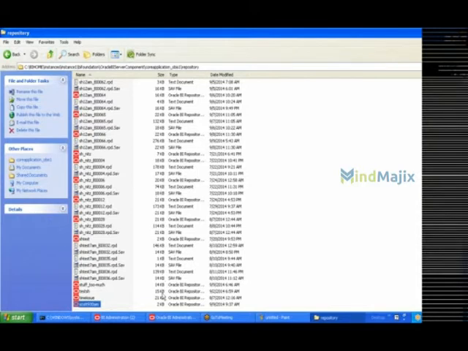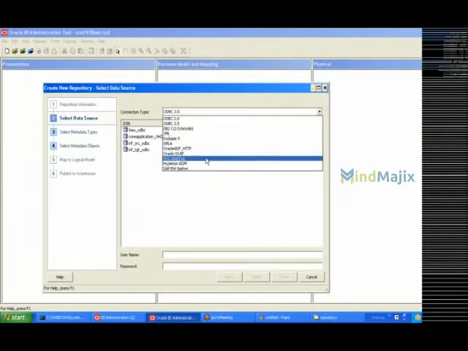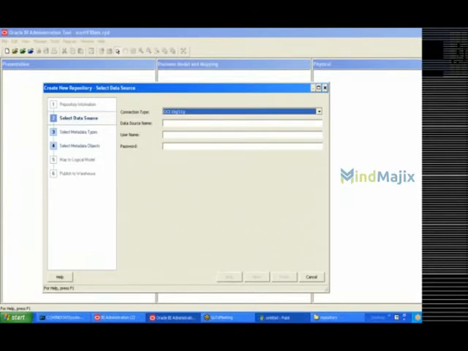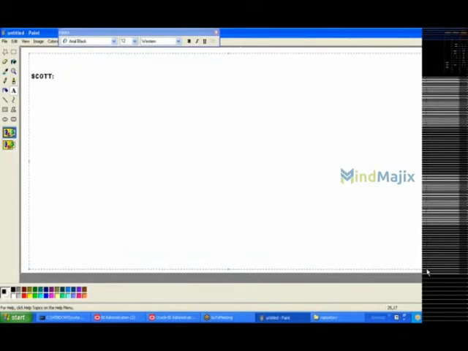Now let me import the tables. To import the tables, in the connection type, we need to provide the connection details. We are going to import the tables from the Scott schema, which is a default schema that comes with the installation of Oracle. In Scott, we have some tables like the employee table, DEPT table, salary grade, and bonus; all these tables are available. As of now, let us import these two tables, the employee table and the DEPT table.